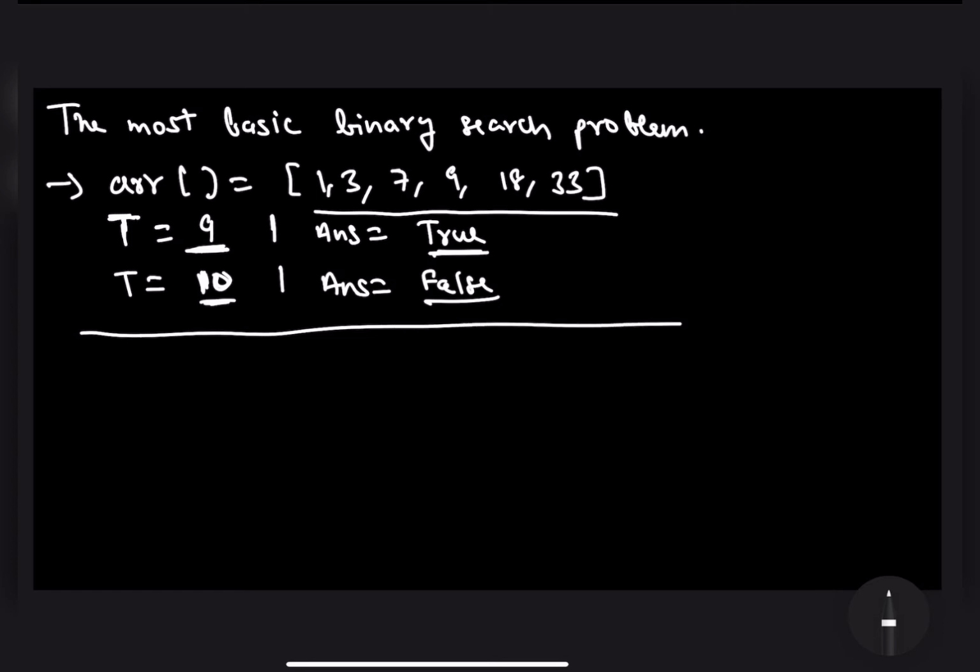Alright, so before I jump into the binary search problem, one trivial approach that might come to your mind is I can iterate this entire array searching for this target value, and if I find that target value, I can return true, and this approach will work just fine. The only issue with this approach is a time complexity. It has a linear time complexity, that is O of n runtime. All right. And what binary search offers is way better than this linear time complexity. So let's just see how binary search actually improves this linear time complexity.